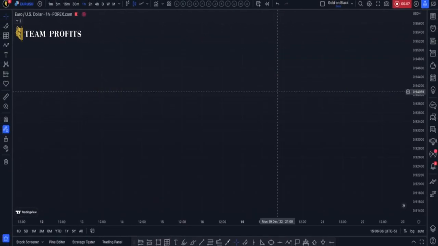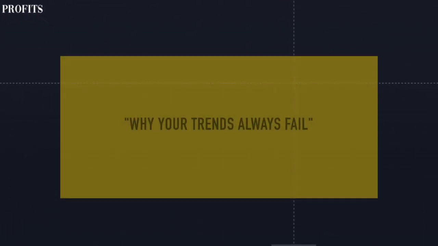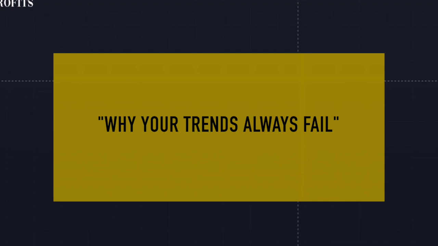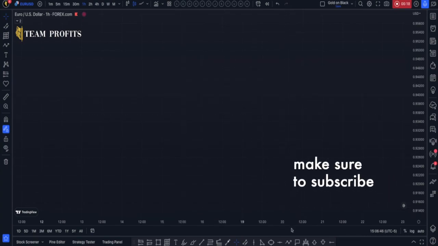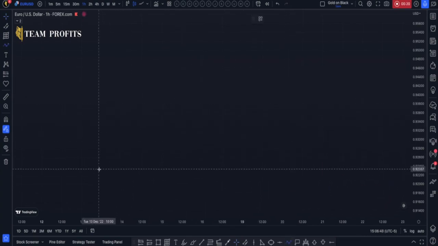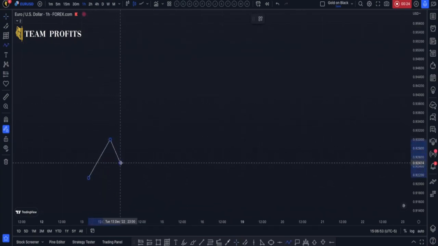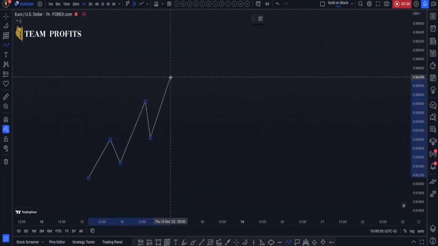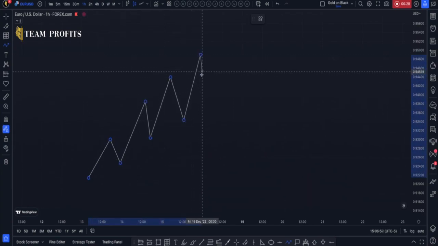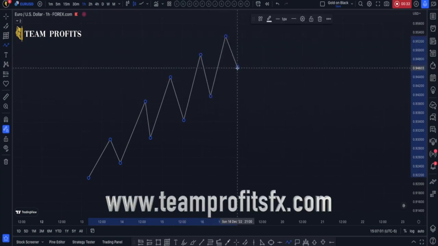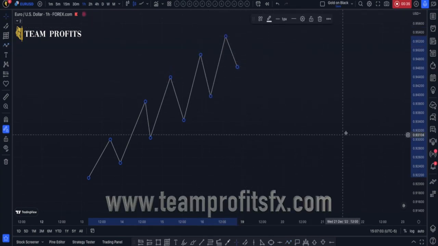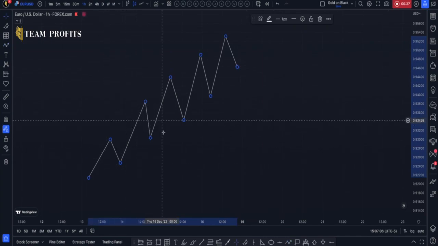Now, in this class, I wanted to share again, and I'm trying to emphasize something here that I still see people struggling with, and it's very simple, guys. If you don't know how to mark up your structure, let's say you are on an uptrend, right? This is just a raw drawing. If you're on an uptrend or on a downtrend, if you don't know exactly how to mark it up,